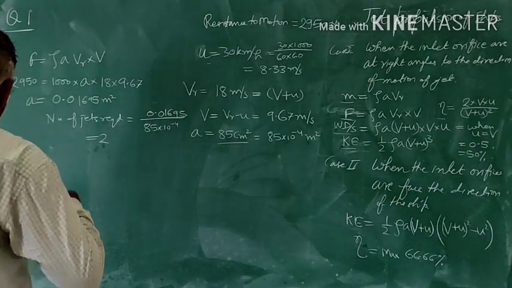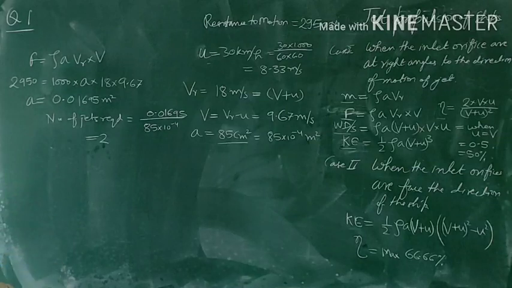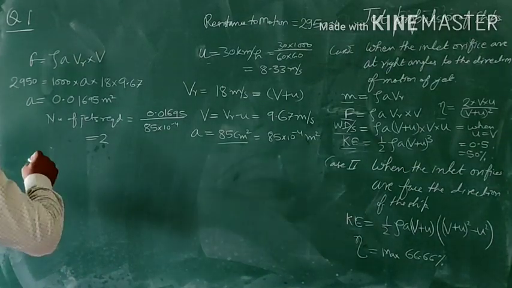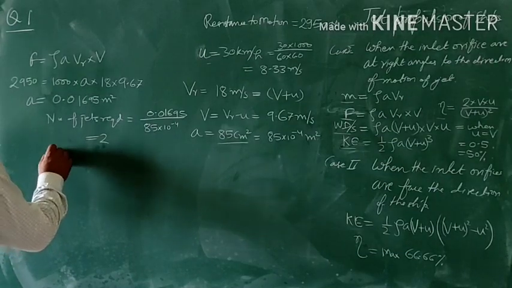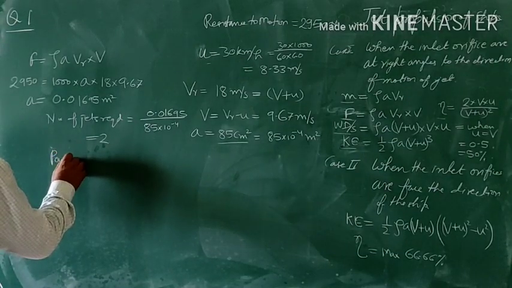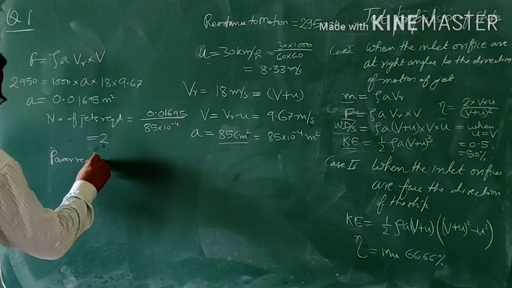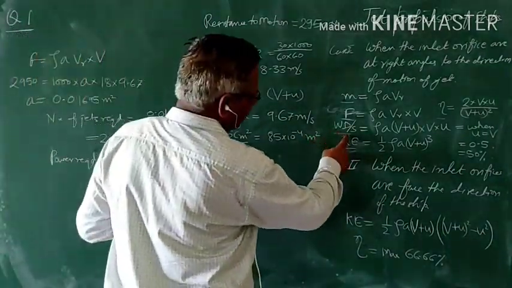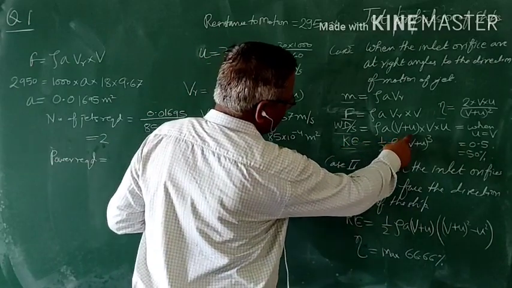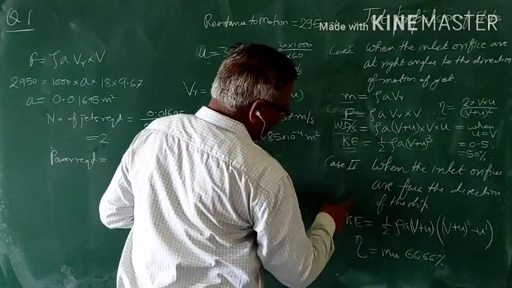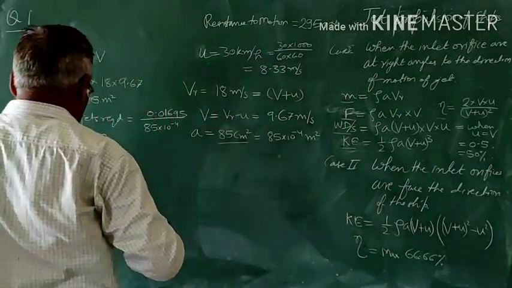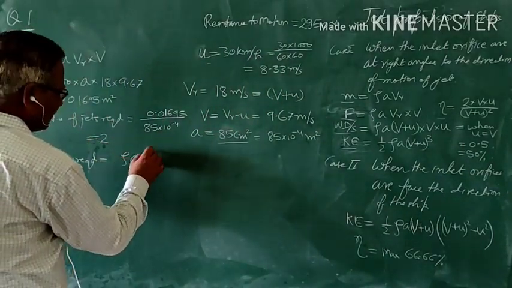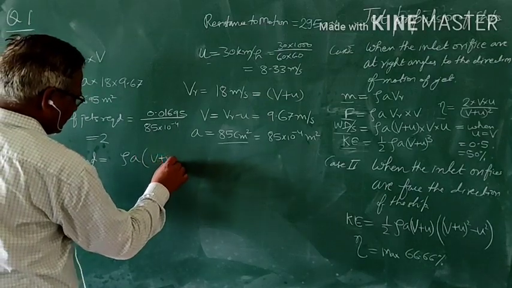Now we have to find out the power required to drive the pump and the propulsive efficiency. So the power required to drive this pump is the work done per second, rho A V plus U into V into U. It is common in both the cases. So power required will be written down as rho A V plus U multiplied